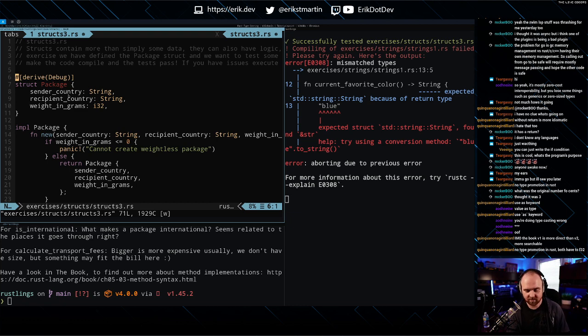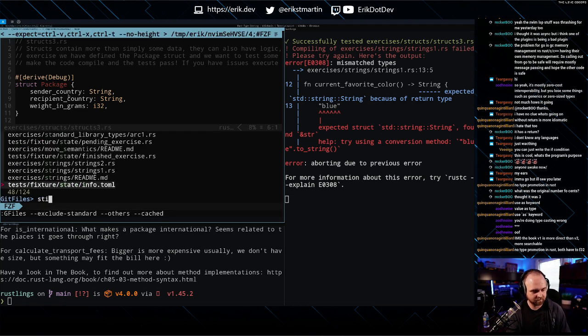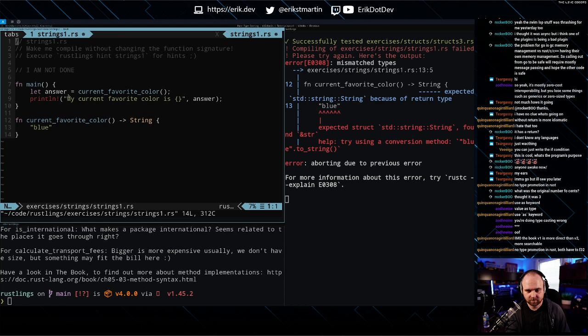Okay, now let's play with strings. I am way rustier at this than I thought I was going to be. Expected standard string because of return type.